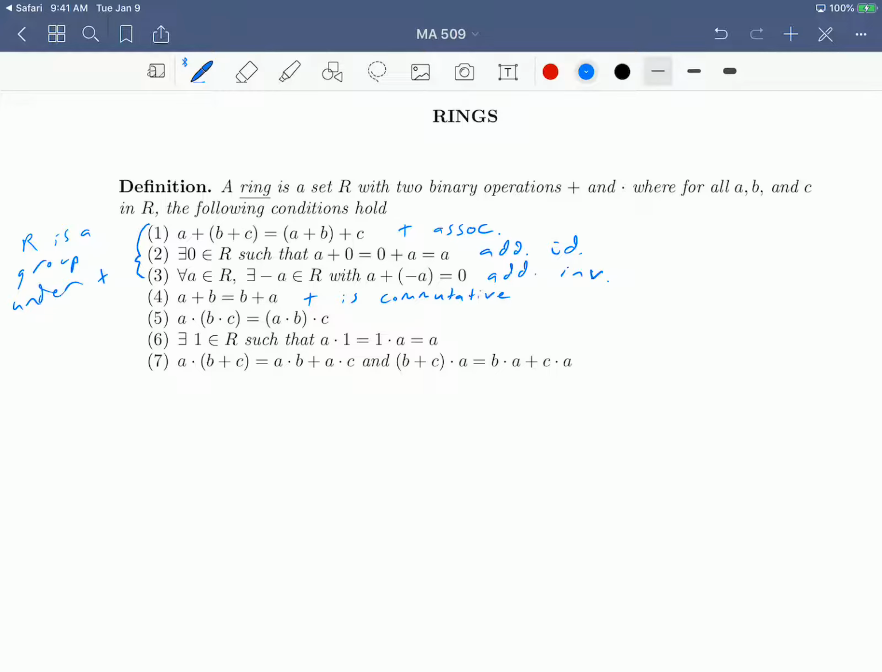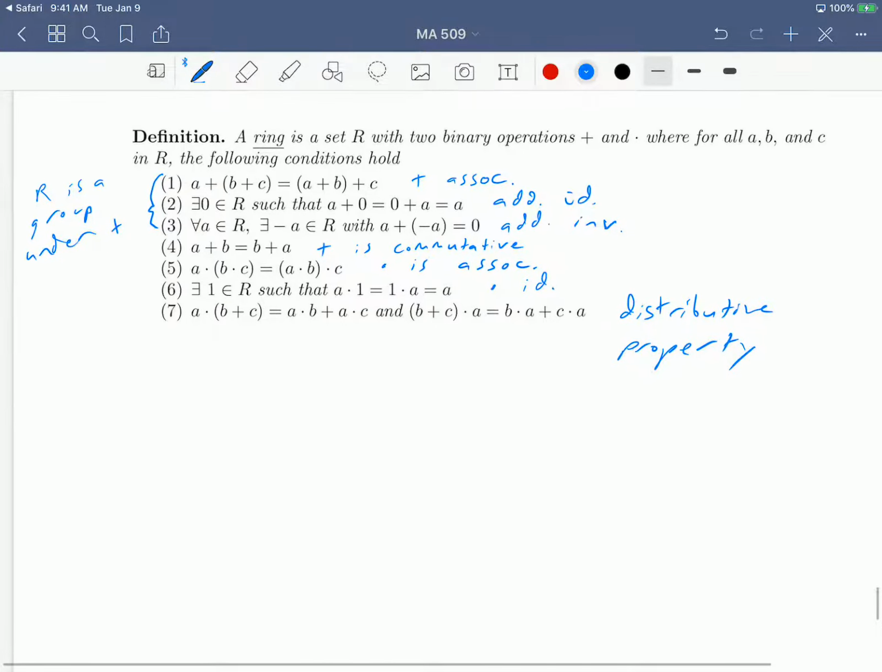All right, so property 5. This is now another associative property, but this time it's for that multiplication. So the multiplication is associative now also. Number 6 here says there's a 1, where A times 1 is 1 times A, which is A. That's talking about a multiplicative identity. And then property 7 is combining the two. So this is multiplication over addition. This is a distributive property. All right, so when we have all of those properties, we call our set a ring,